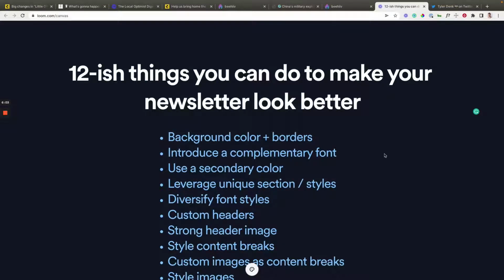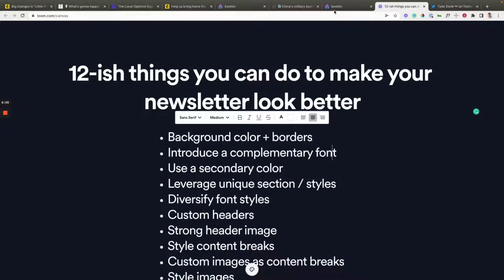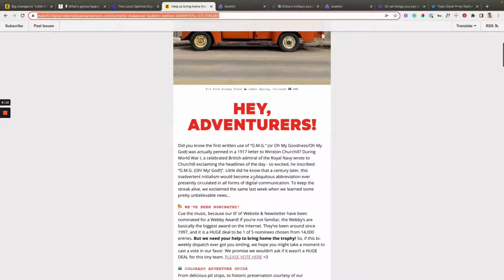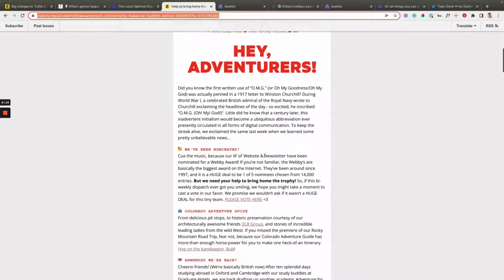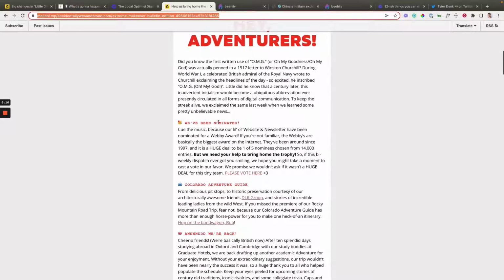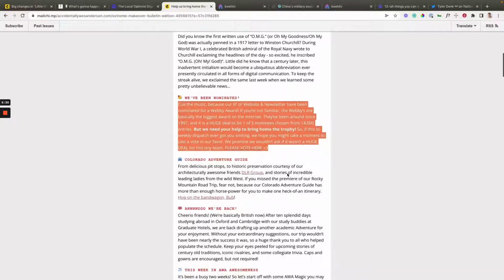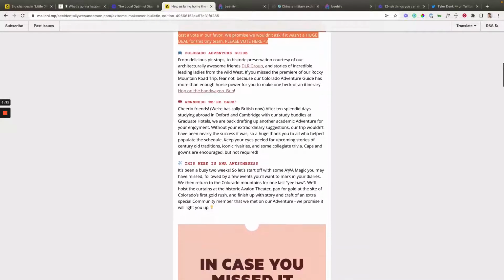Jumping to number 2, introducing a complementary font. Now, this is something that you see a lot of times when you want to create some visual distinction. So you can see that for this publication, they're using for these headers this Courier type font, which has some serif aspects to it, and then for their actual body font, they're using an Open Sans font, which is going to be sans serif. So you can get that nice contrast between the two different types of fonts that looks